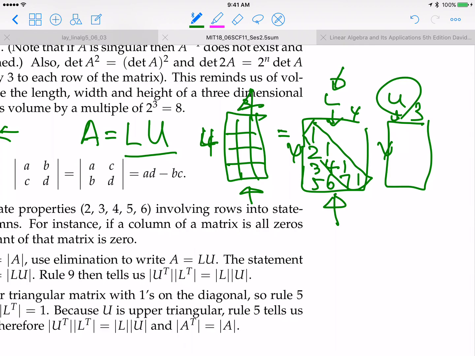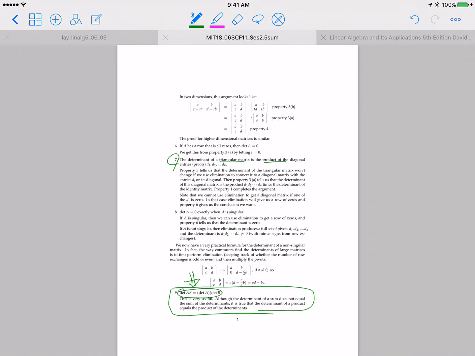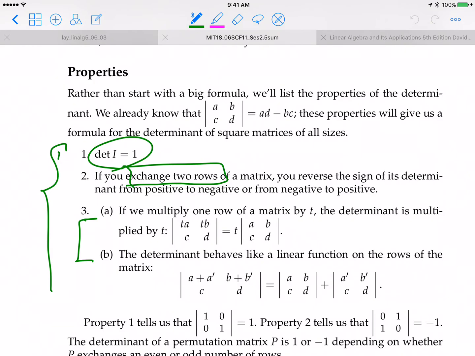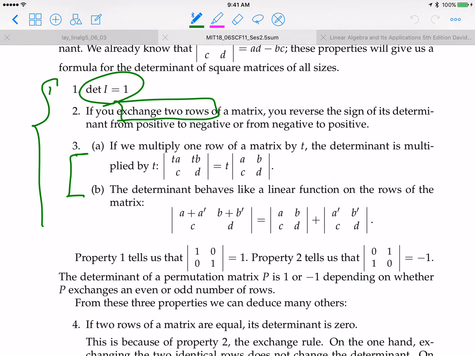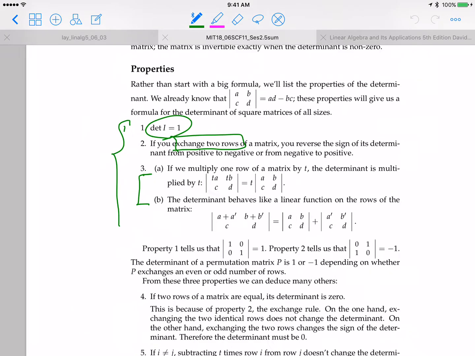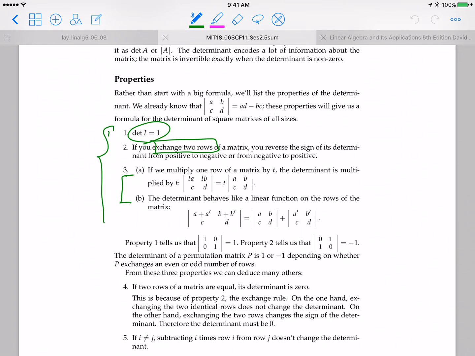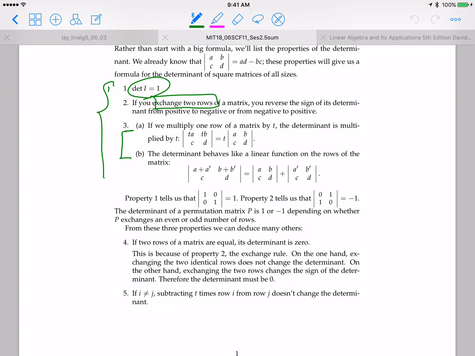Row replacement doesn't change your determinant. Can you prove that? No, you cannot prove it. And I cannot also prove it, because that is our initial agreement of, no. Can we prove that? Yeah, we can prove that, but that kind of proof, yeah, which